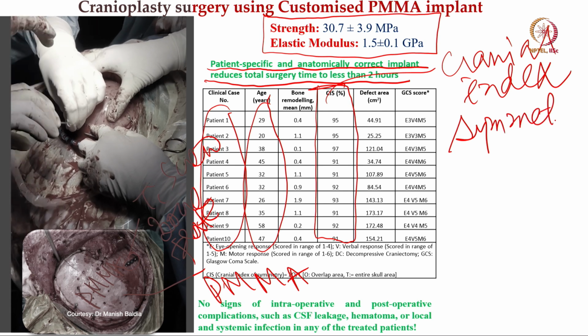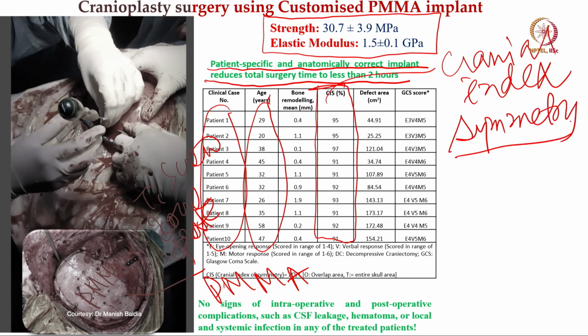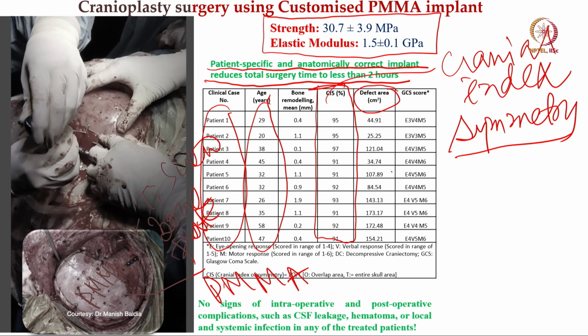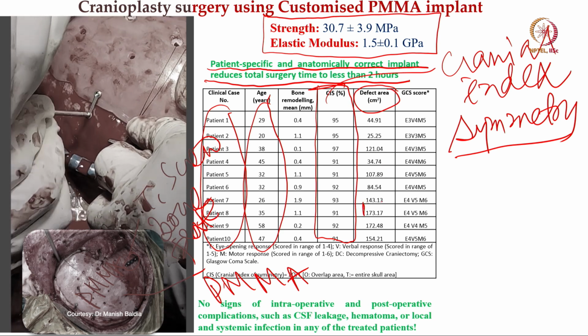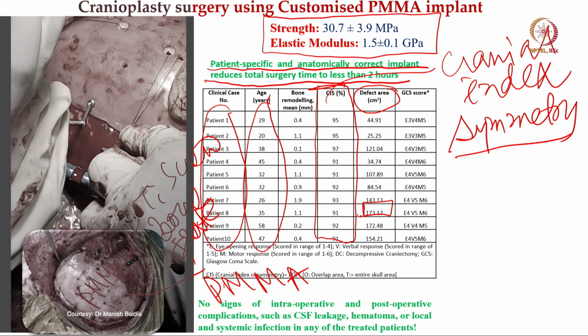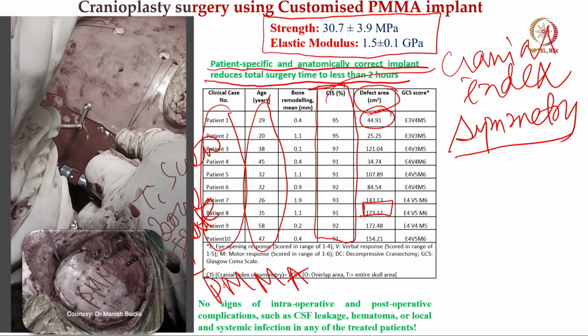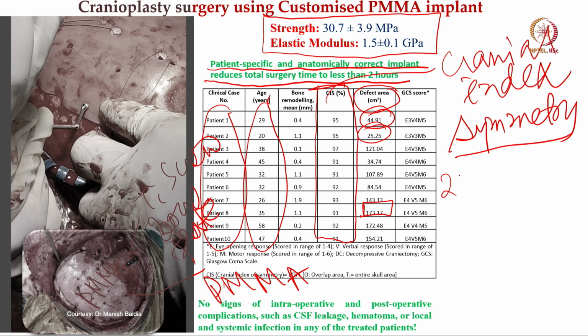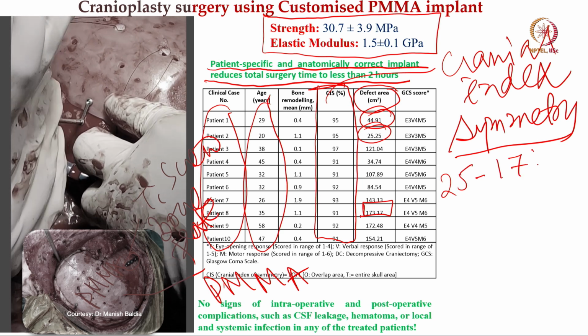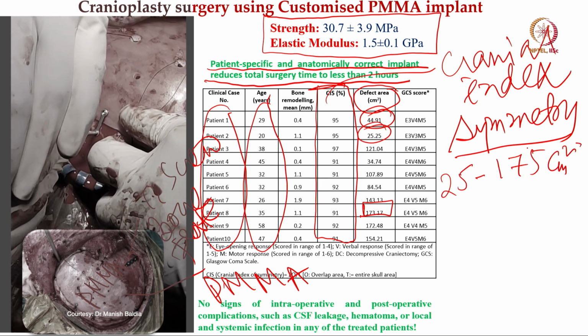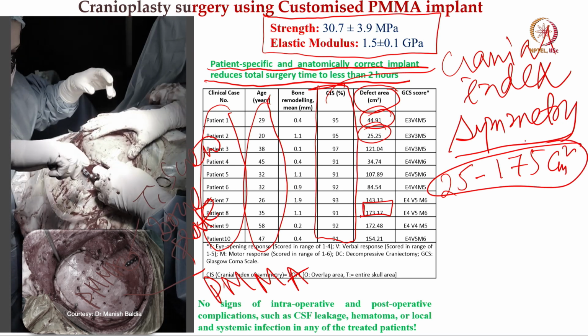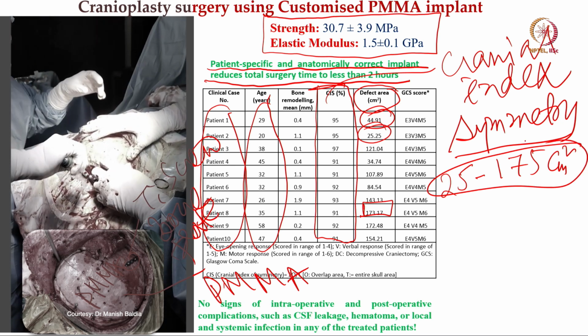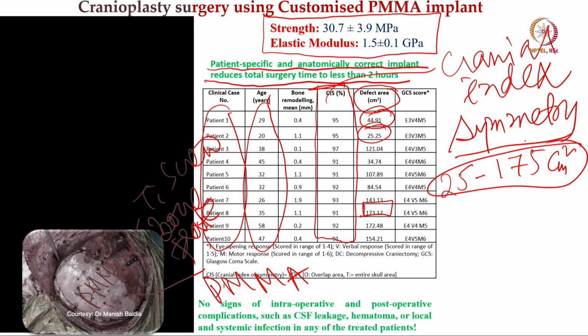What you see, the other data that is provided in this table, what is the defect area? So, defect area can be as high as 173 centimeter square, and this can be as low as 25. So, the defect area can be 25 to roughly around 175 centimeter square. So, this is a large wide variation of the defect area which were reconstructed. We did not mention here what is the complexity of the defects, that is another aspect, and what is the typical thickness variation of these defects, these are also important.